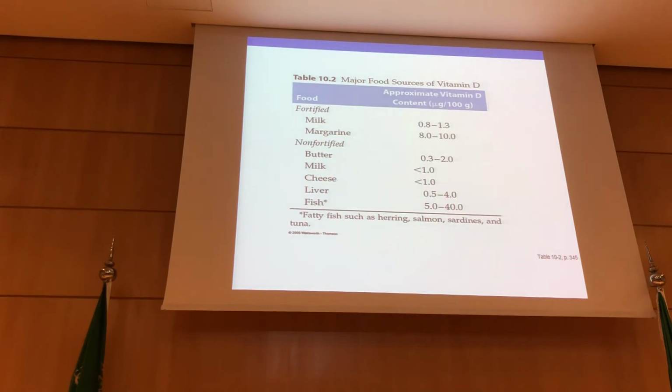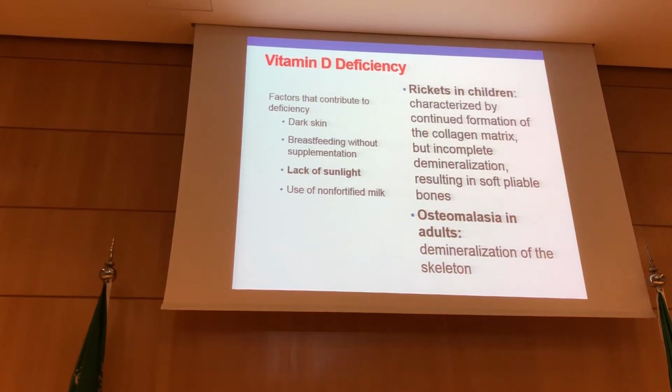So how do we get vitamin D from our diet? It can be obtained from fortified and non-fortified food, but for sure, your colleague asked me what we mean by fortified. It means that we add vitamin D to the milk, or we add vitamin D to the butter, for example. But usually these food products, butter, milk, cheese, liver, and fish, especially salmon and sardine, have a high amount of vitamin D. Deficiency can be caused by deficient intake or by lack of sunlight.